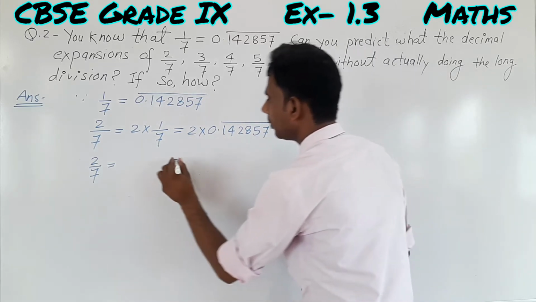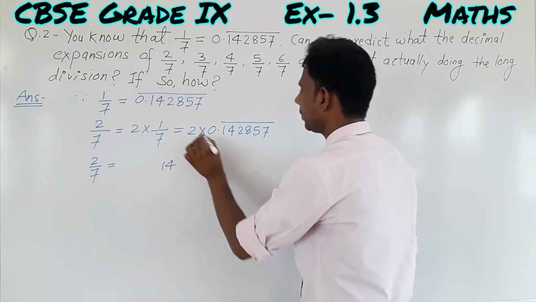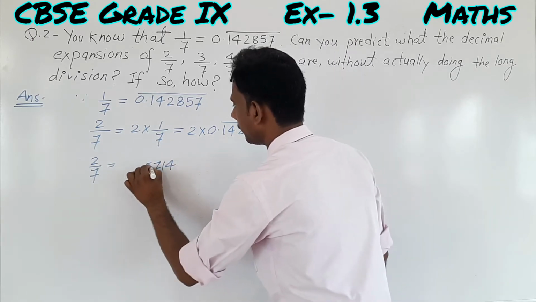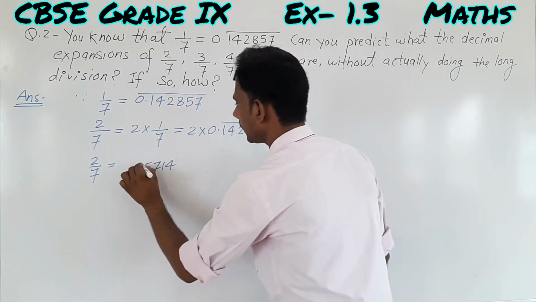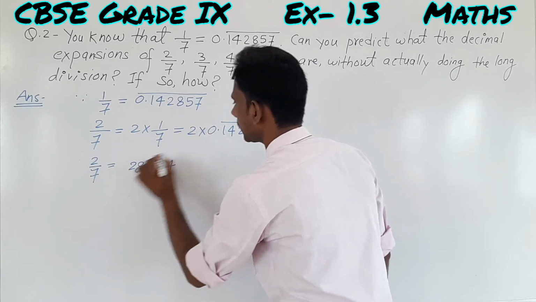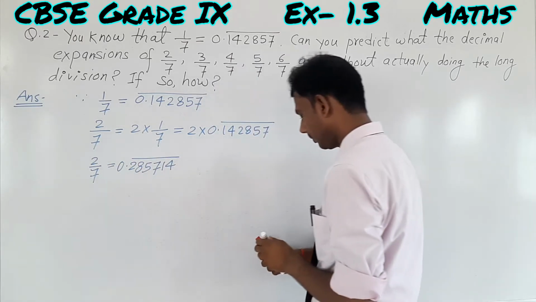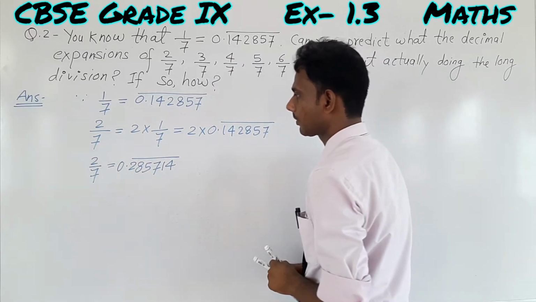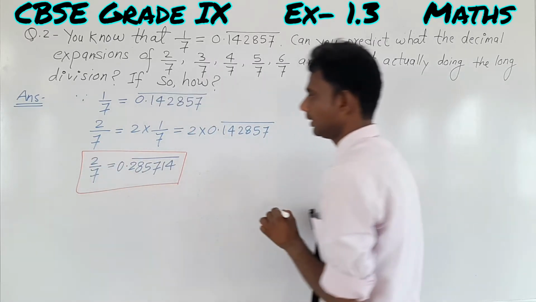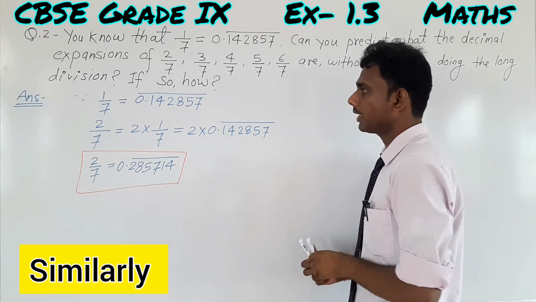2 7s are 14, 4 carry 1, 2 5s are 10, 11, 2 8s are 16, 17, 2 2s are 4, 5, 2 4s are 8, 2 1s are 2, 2 0 are 0, so we get 0.285714. This is the value of 2 upon 7. Similarly, we can find